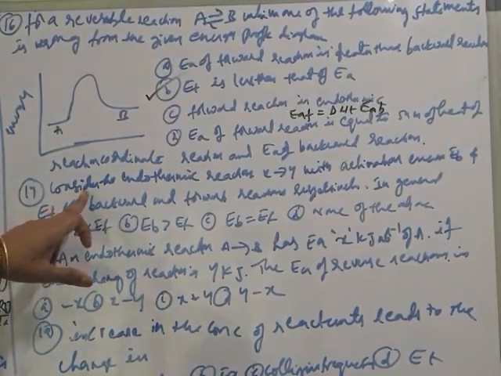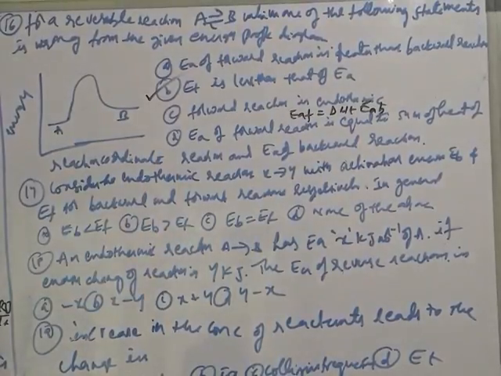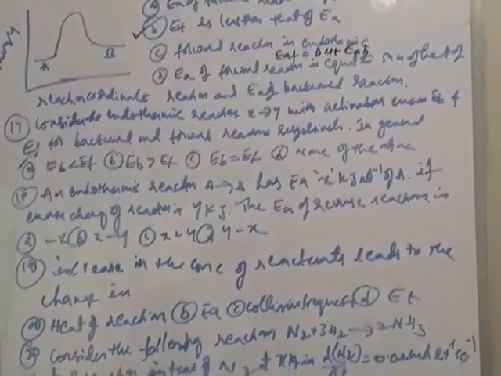Next, consider endothermic reaction X to Y with activation energy EB and EF for backward reaction and forward reaction. So in general, activation energy of backward reaction is always less than that of the forward reaction. Okay. So that's why EB is less than EF. Okay, EB is less than EF. Next,